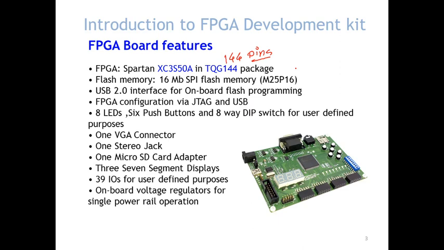user IO pins. The board has an onboard 16 MB of SPI flash memory, so we can program the FPGA and keep our executable, that is the bit file, in that memory. Usually FPGAs use volatile memory. Once you power off, whatever program we loaded into the FPGA vanishes. To store that executable file, for example a .bit file, we always need some PROM or memory kind of thing. On this board this memory is available, so whatever program we load into the FPGA, it will keep all the time.